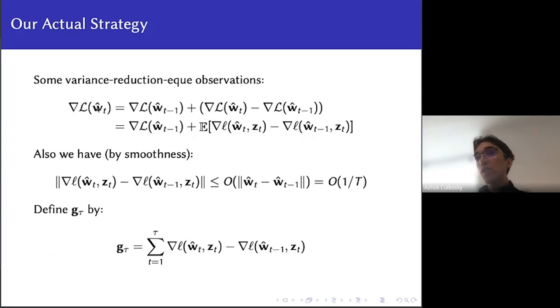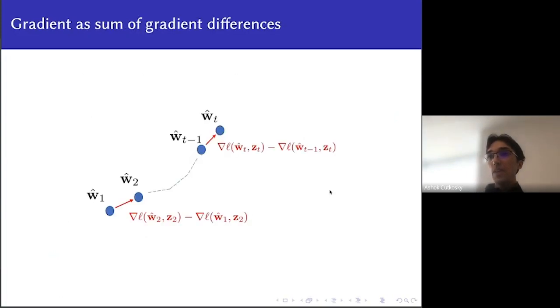If I unroll this recursion for all t time steps, then I can define this GT to be a reasonable estimate of this true gradient at WT. And each of the terms in this sum I know is going to be small by this calculation. So in the picture, we're looking at the optimization path of my algorithm, and I'm trying to integrate along this path what the differences in the gradients are to compute the gradient at this final point. And importantly, as I do this summation, each of these terms that I'm adding up is very small.